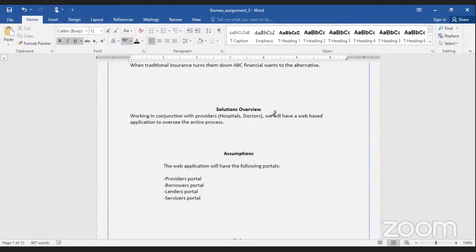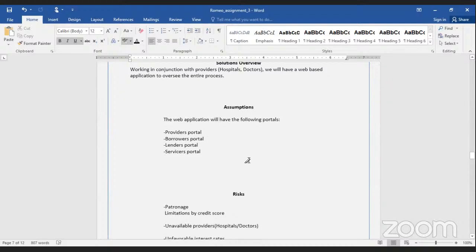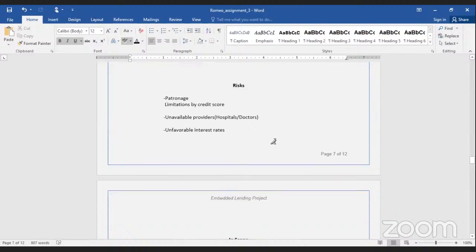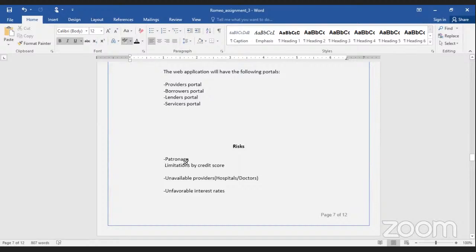We expect that the web application will have the following portals: the providers portal, the borrowers portal, lenders portal, services portal, risks. With the risks, I was supposed to state the risks and give solutions to the risks, but I've just listed them. I think it might have escaped me.